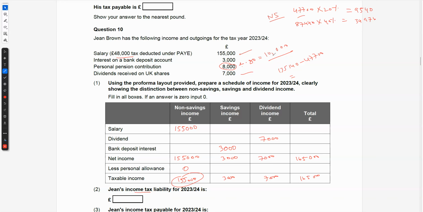Anyway, so we have the tax here, 34,976. Then we have the non-savings remaining. So now we have 47,700 and 87,440. Now our total non-savings income was 155,000. So let's find it out. 155,000 minus 47,700 minus 87,440, and that gives us